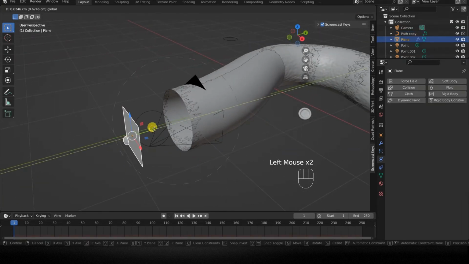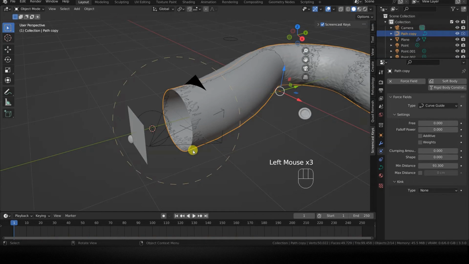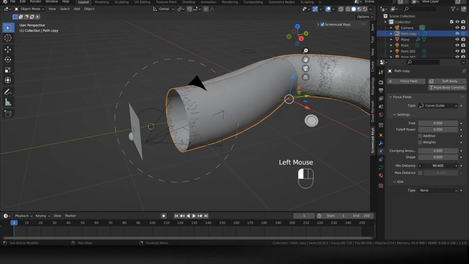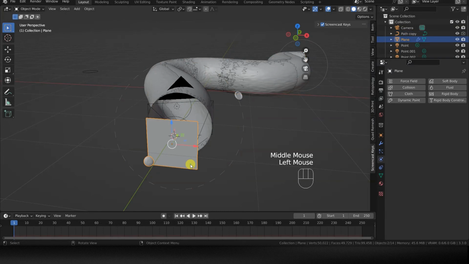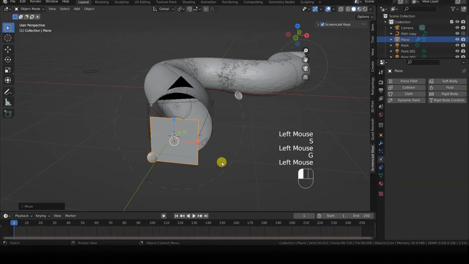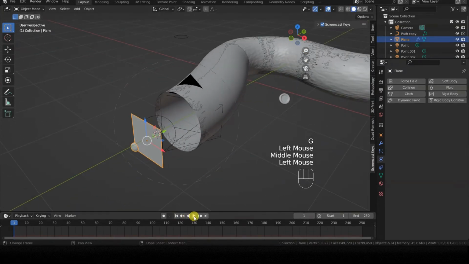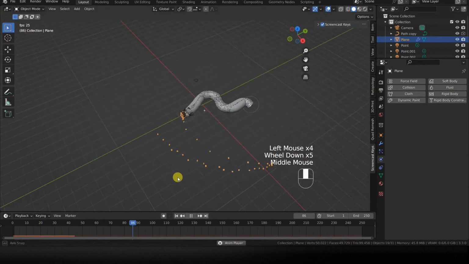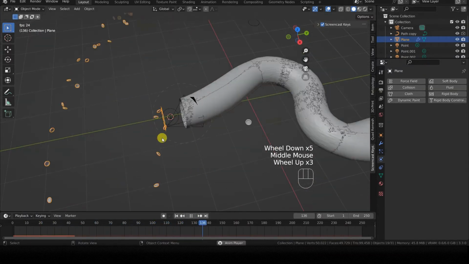We must then move the plane closer to this area and, above all, enlarge it, so as to include the generated particles. To carry out this operation, we change the value of the minimum distance parameter in the Force Field tab. We return to frame 1 of the timeline and start the animation to observe the result.